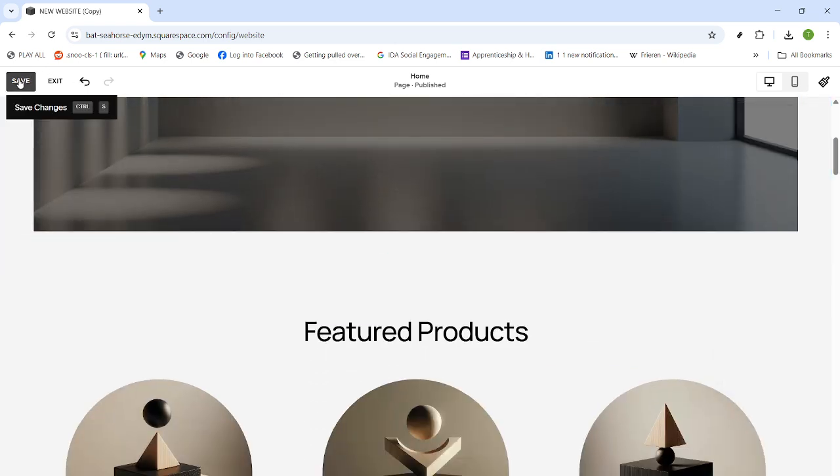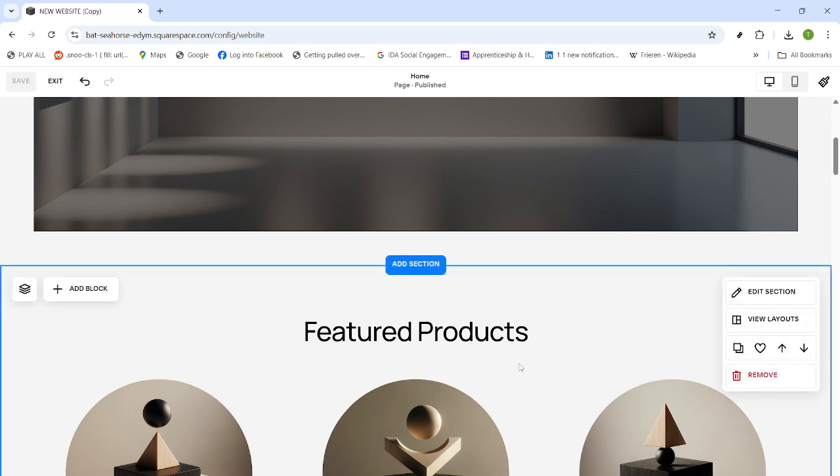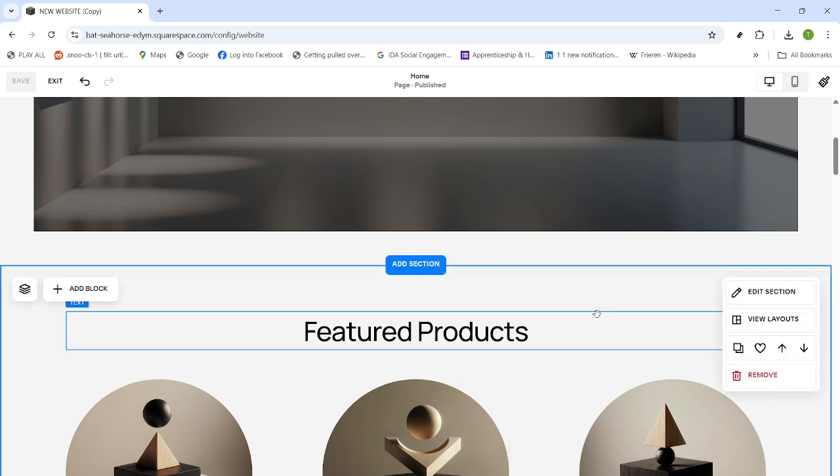If you ever change your mind, go back into Edit, open the same block settings, re-enable mobile, and save. This approach is quick, reversible,